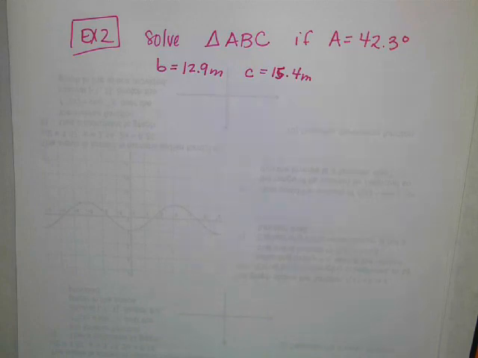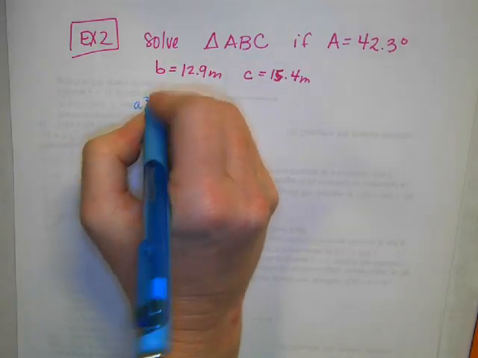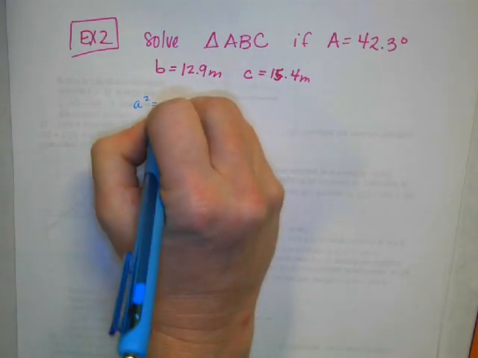How did you know that? It had a picture drawn, and whichever angle you have, if you have an angle, that's the place you want to start. We'll have some in just a minute where we don't have an angle. So since I have angle A, I'm going to start with side A. So that means I'm going to have A squared equals B squared plus C squared,